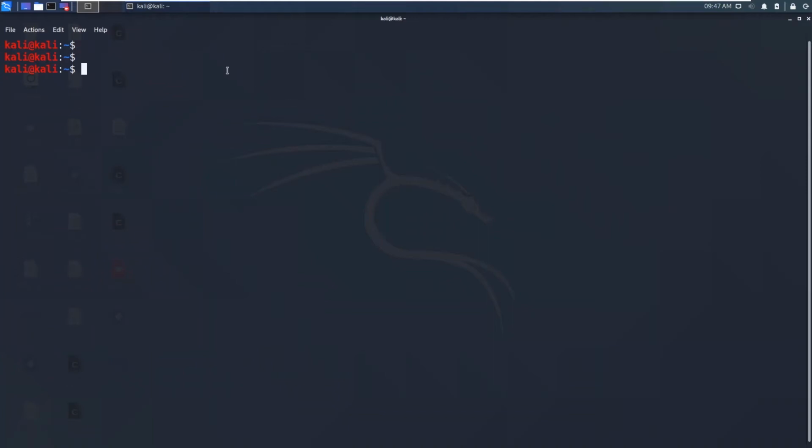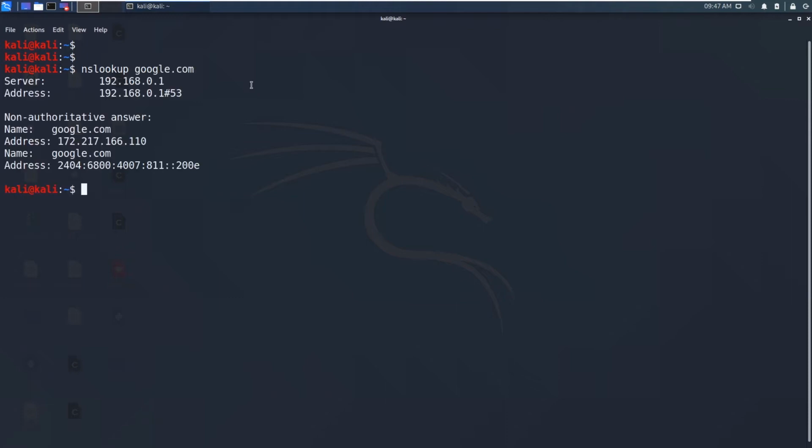Alright, in this video we are going to take a look at two more commands. Those are NSLOOKUP and dig. First, NSLOOKUP tells us the basic information about the domain we have given. NSLOOKUP google.com. It gives us the server address, and this is "non-authoritative answer". It has been derived by another server and it says google.com, and so this non-authoritative answer is given by my ISP, and the address is this IP address, and it also resolves this IP version 6 address.